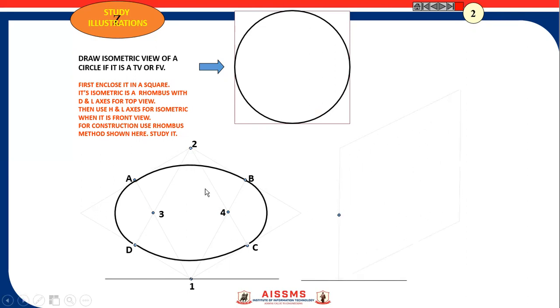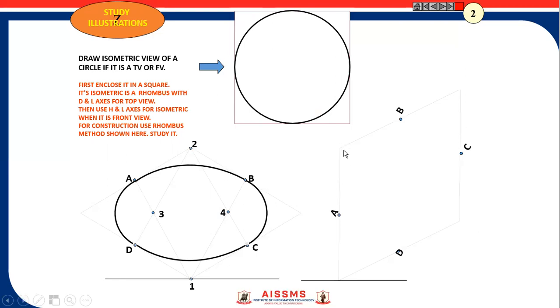And if I'm drawing the circle on the side of the object, then same method: make a box of, suppose, 10 centimeter, 20 centimeter, 25 centimeters. So make a box. Then use the numbering, the midpoint of this line, A, B, C, and D.